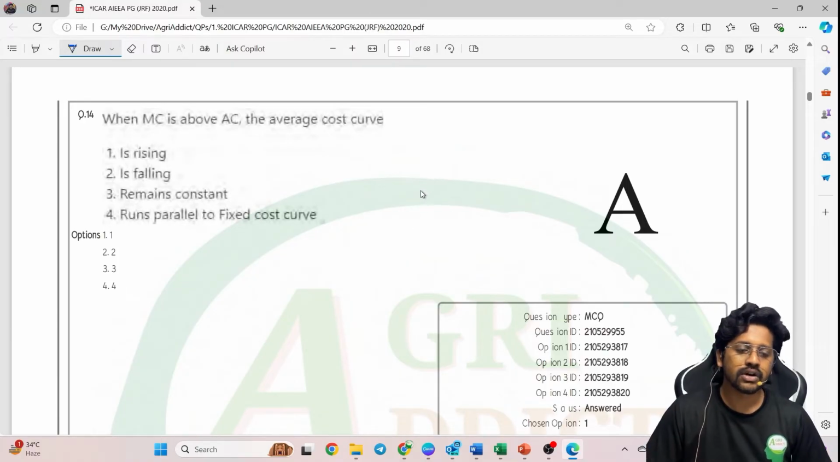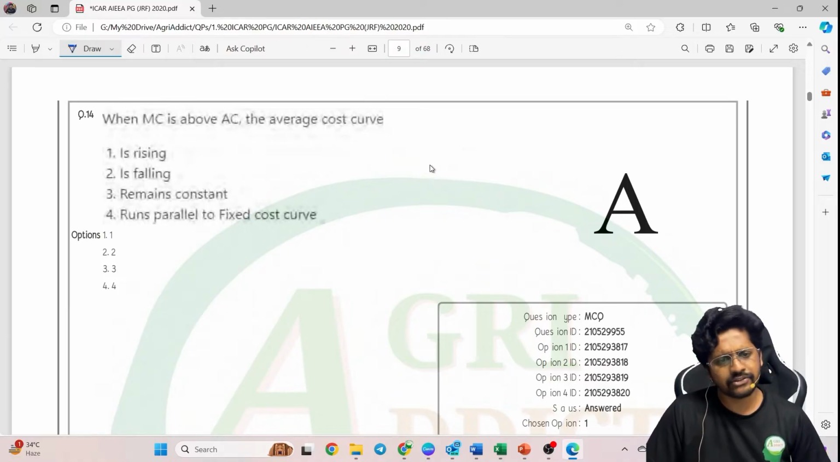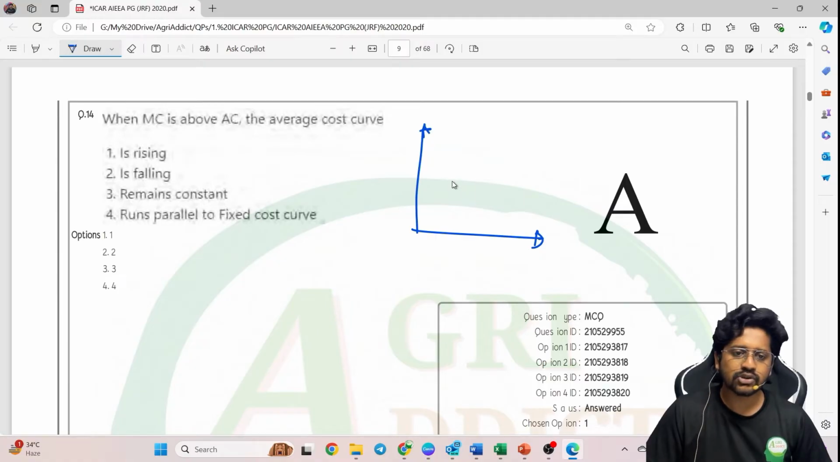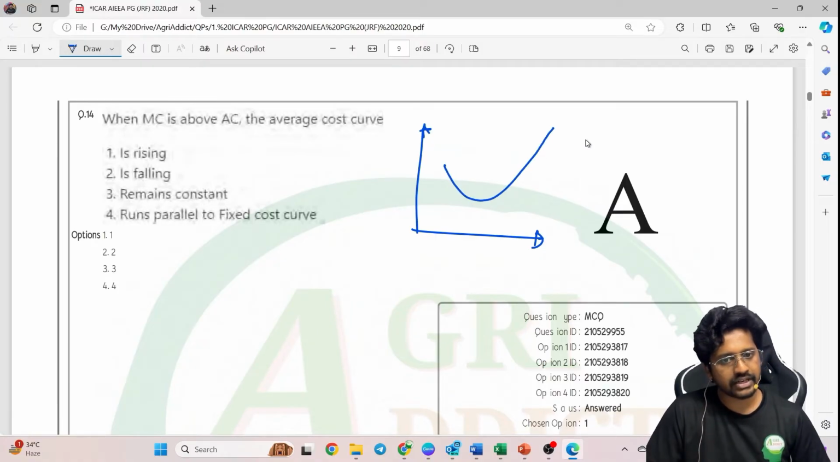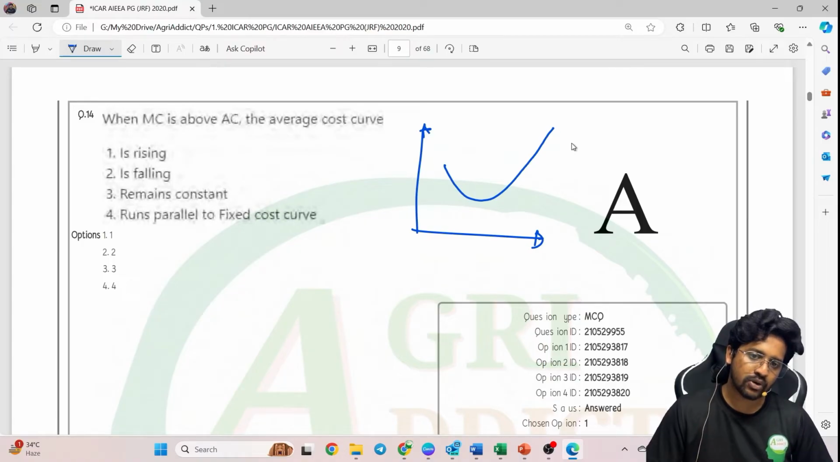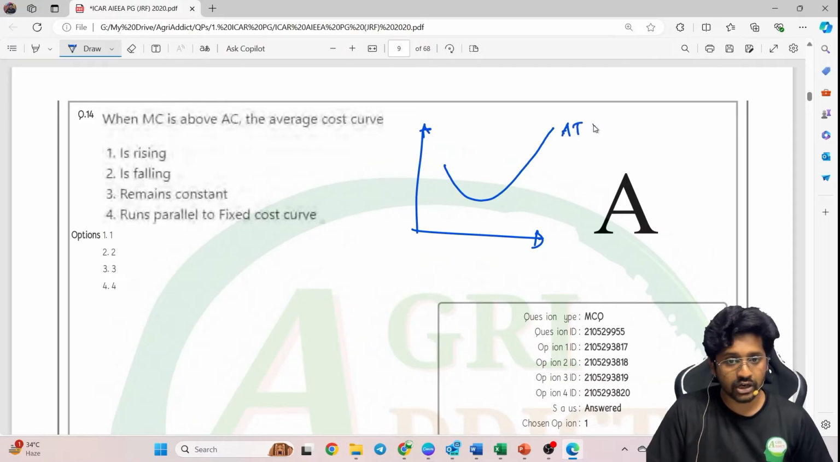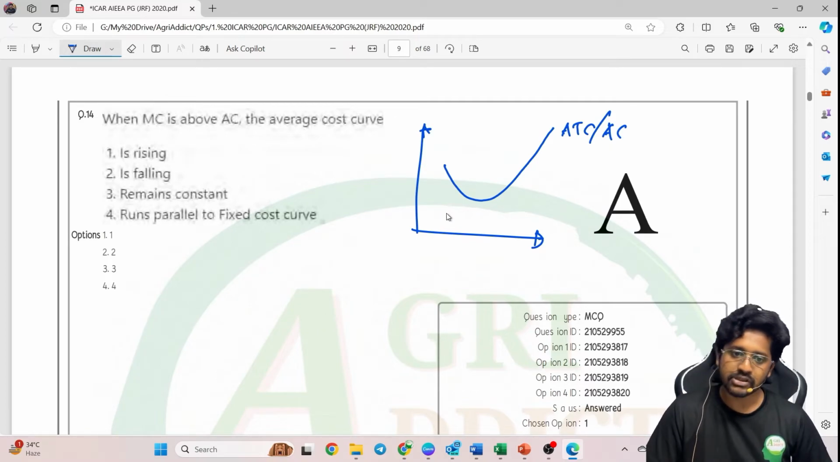So in order to know what is happening to the AC, we just want to draw the cost curves, right? So as we all know, average cost will be a U-shaped curve, right? Except the AFC curve, average total cost, average variable cost, and marginal cost are U-shaped curves. So let this be the average total cost or average cost curve, right? And what happens with respect to MC? MC also starts,